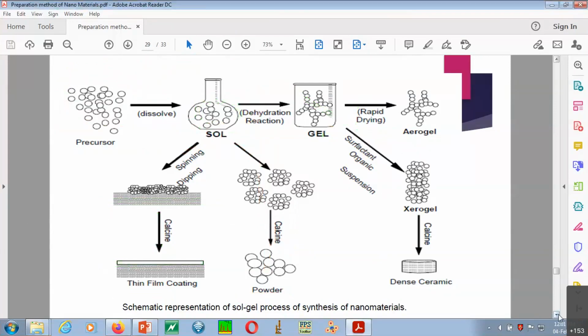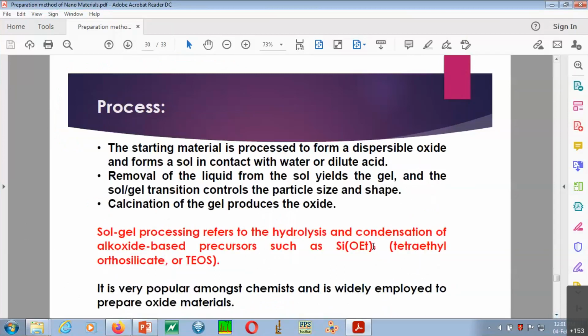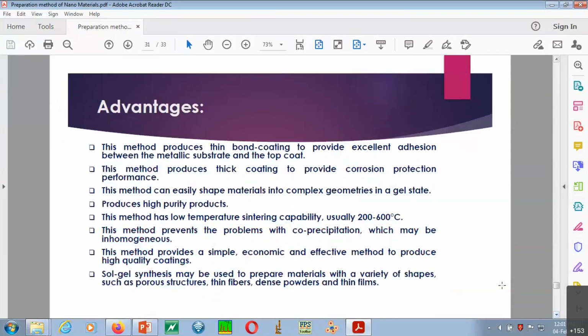Fine. So then the process, I will not go through, you are now already aware. Okay, so the same thing that I told you, the same thing is written here. Now advantages you see, so there are large advantages, and that is why we are considering this. Okay, so all such things I have written.